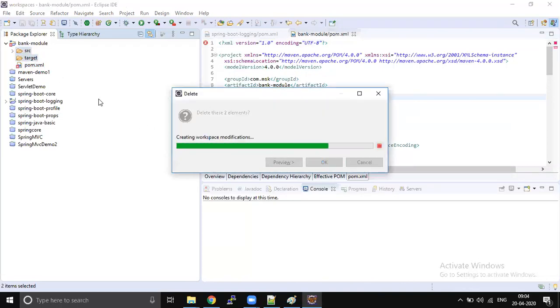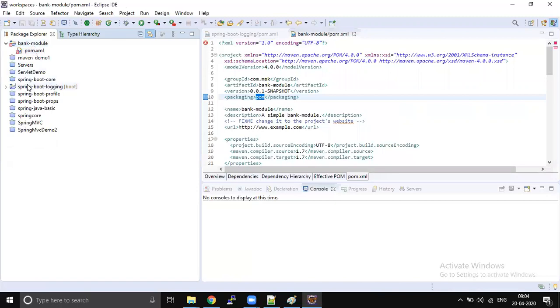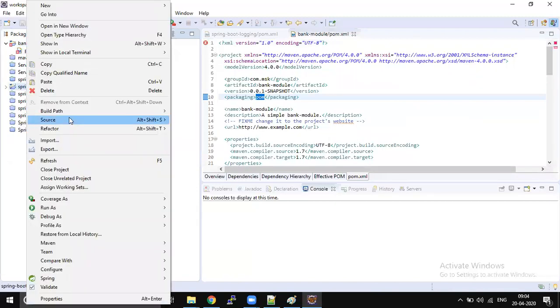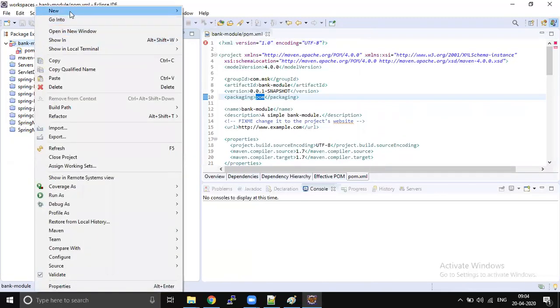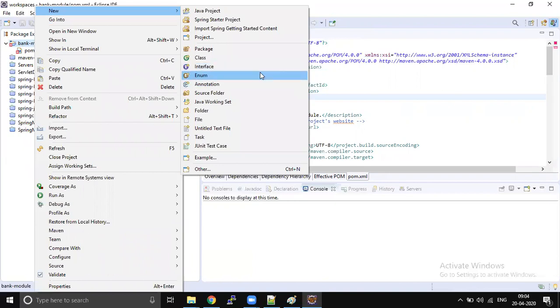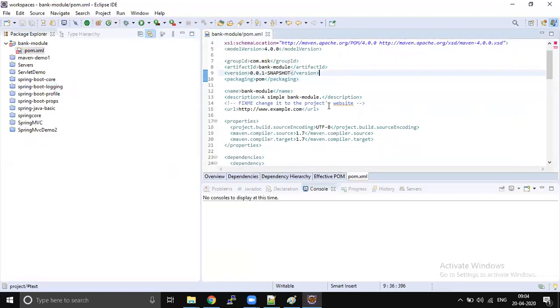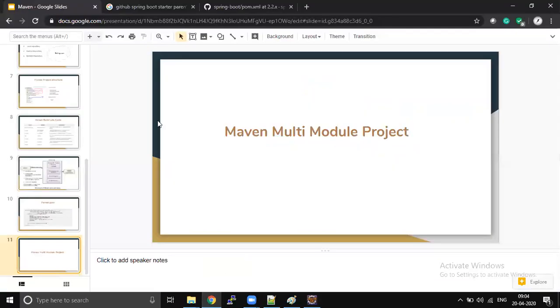It's a plain folder with a pom.xml file. So inside this folder, you can create as many projects as you want.